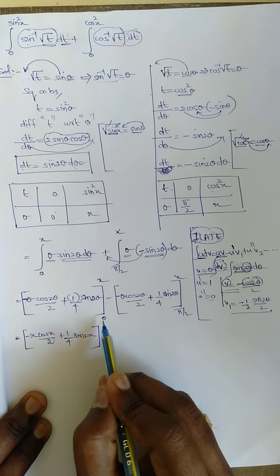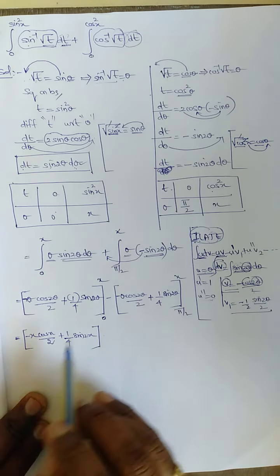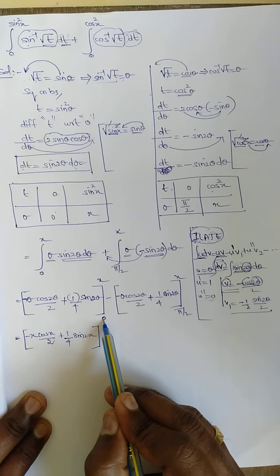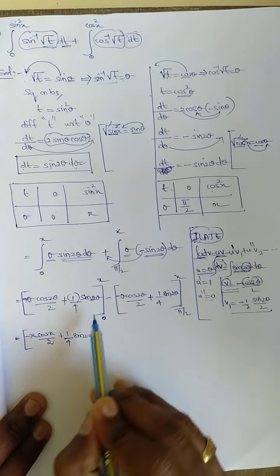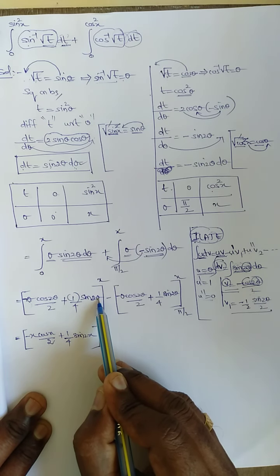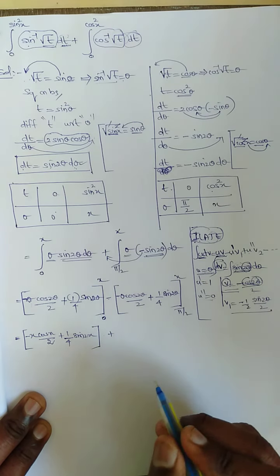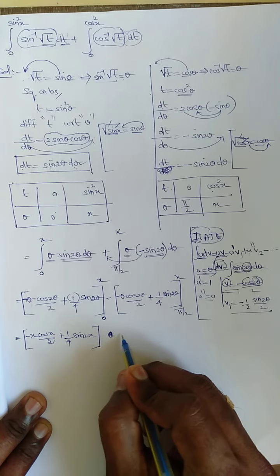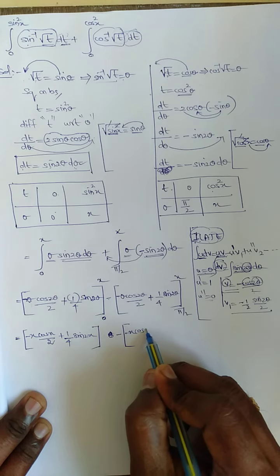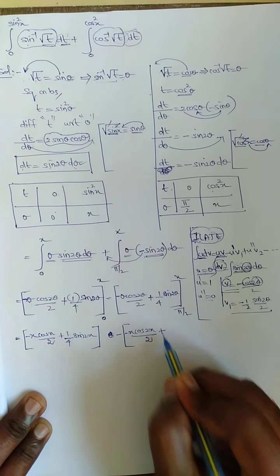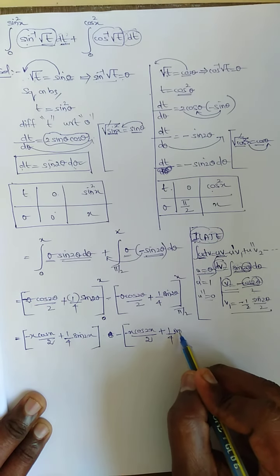If I am going to apply lower limit, see the lower limit is 0. 0 into anything? 0. Sine 2 into 0, 0. Listen carefully. I am not applying the lower limit because lower limit is 0. If I go in place of theta, I need to apply 0. 0 into anything? 0. Totally becomes 0. Apply sine 2 into 0, sine 0 is 0, totally will become 0. So you don't need to apply. Put minus into minus plus. I know I will put minus afterwards, put minus alone. First apply upper limit, minus x cos 2x by 2 is upper limit, plus apply 1 by 4 sine 2x.